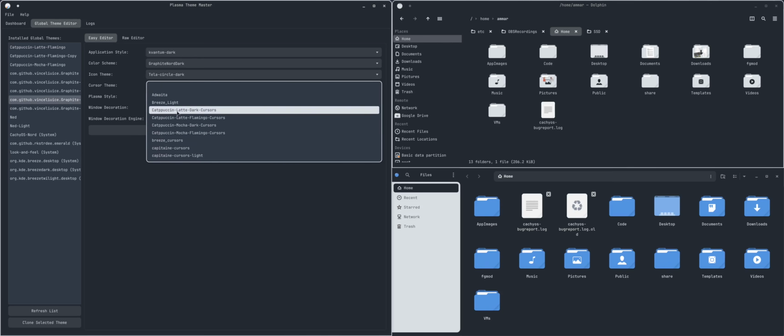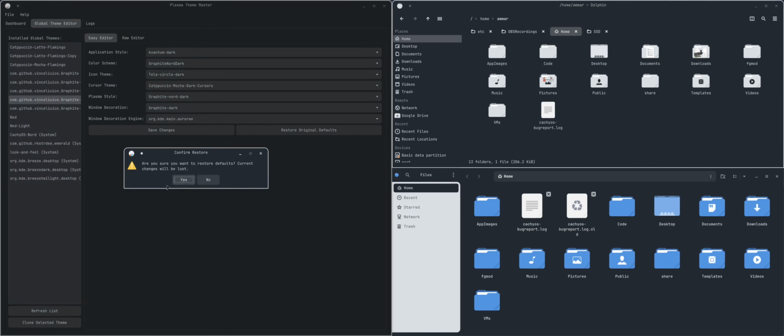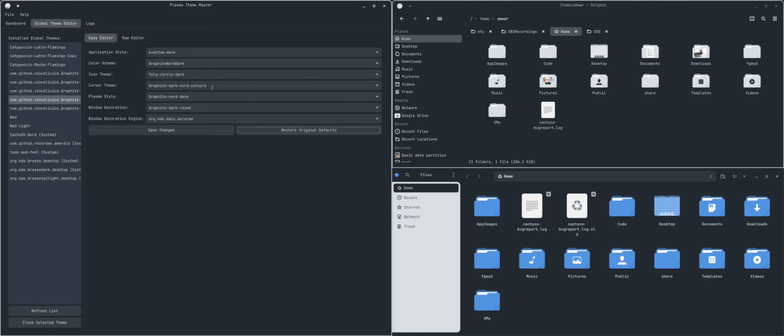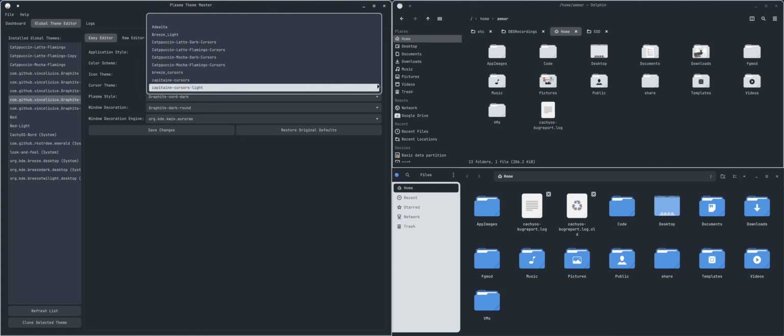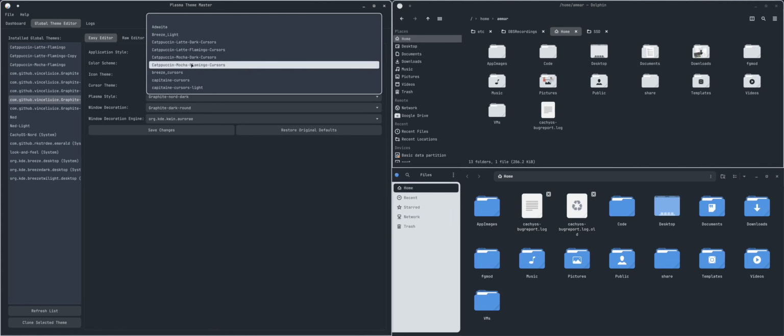And it automatically backs up the original unedited file. So if I restore, as you can see, it defaults restored from file. Now the cursor theme is graphite nord cursors, which I do not have installed, so it's gonna just default to Breeze. But let's go back now if we wanna, and as you can see my cursor hasn't changed yet, because